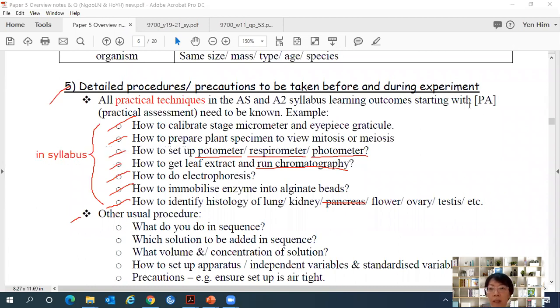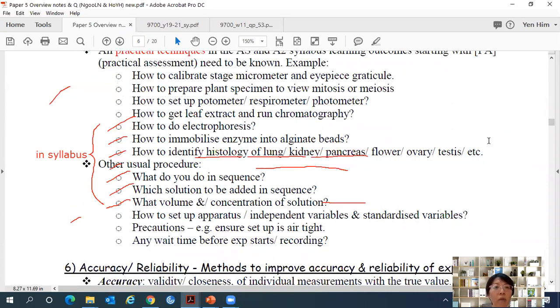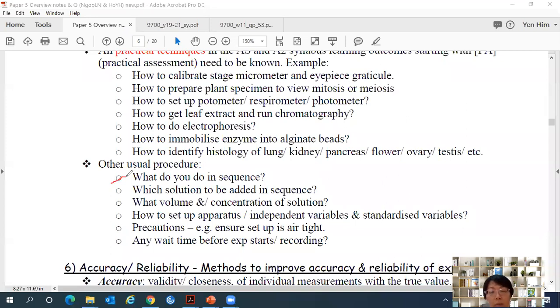Now the one at the bottom here, there are other usual procedures. Okay, other usual procedures means in an experiment, what do you do in sequence? So step 1, I will do this, step 2, I'll do this. What do you do in sequence? Okay, for example, non-reducing sugar test. First, I must add 1 cm³ of hydrochloric acid to the sucrose solution. Okay, then I'll heat it up for 1 minute, then I'll cool it down, and then I will neutralize it